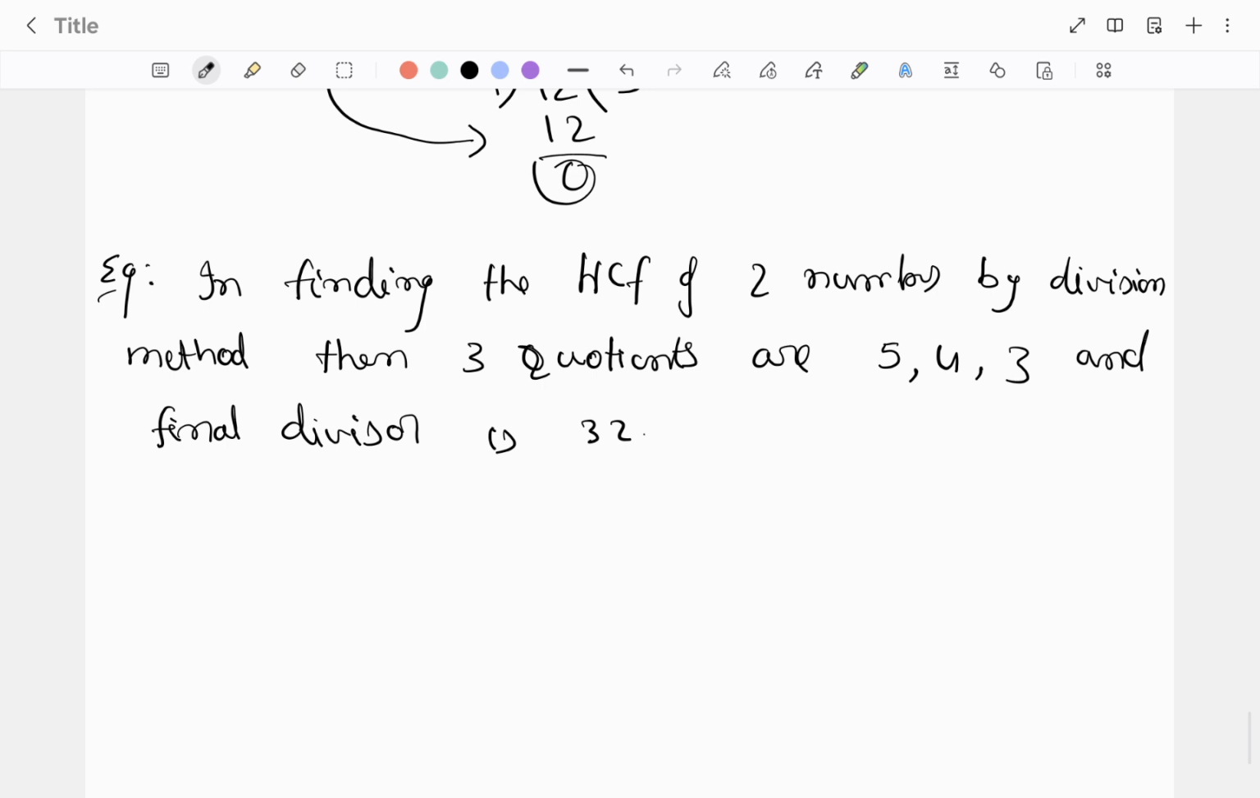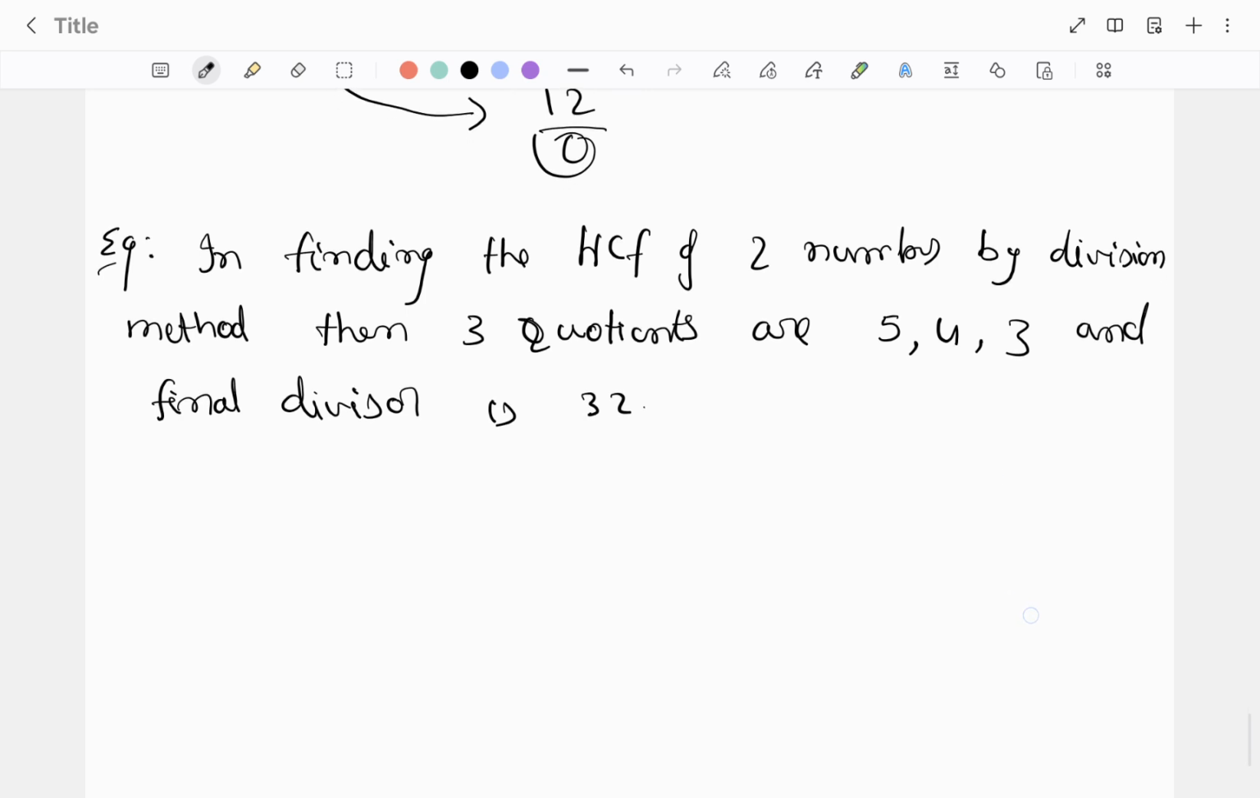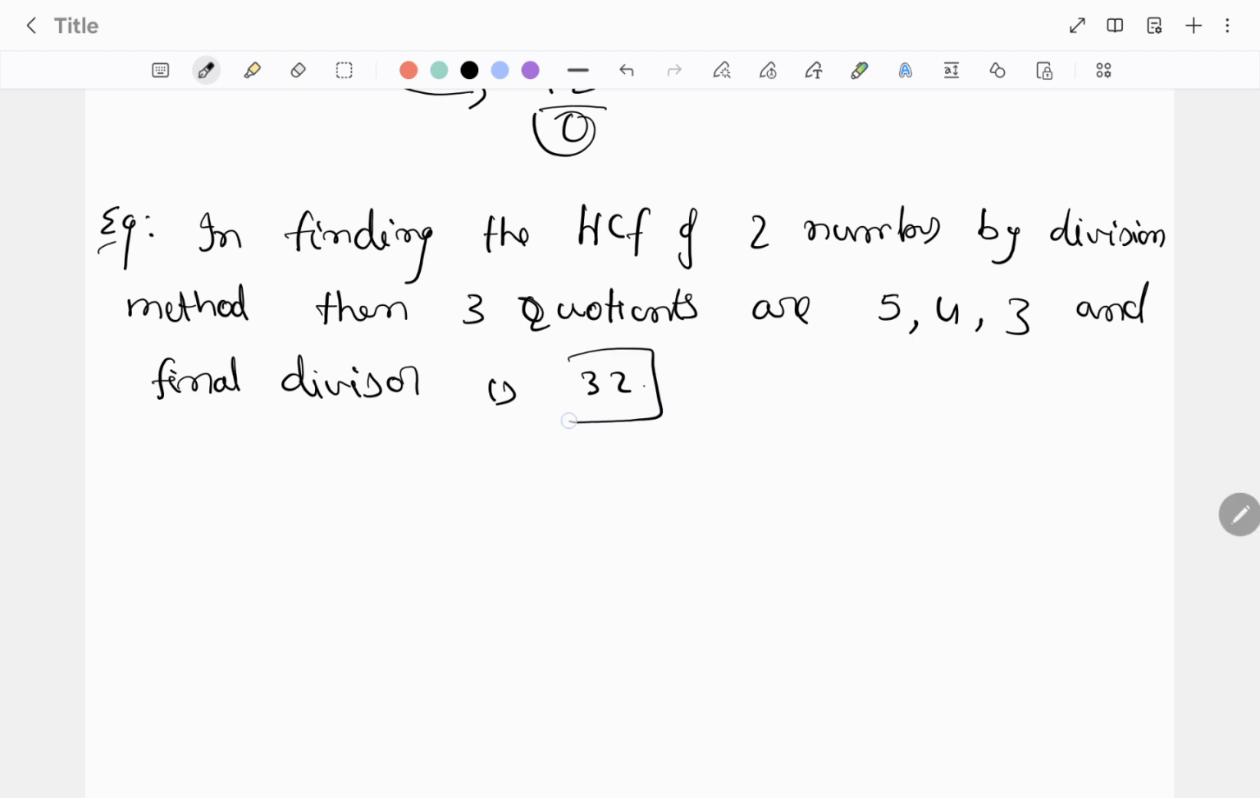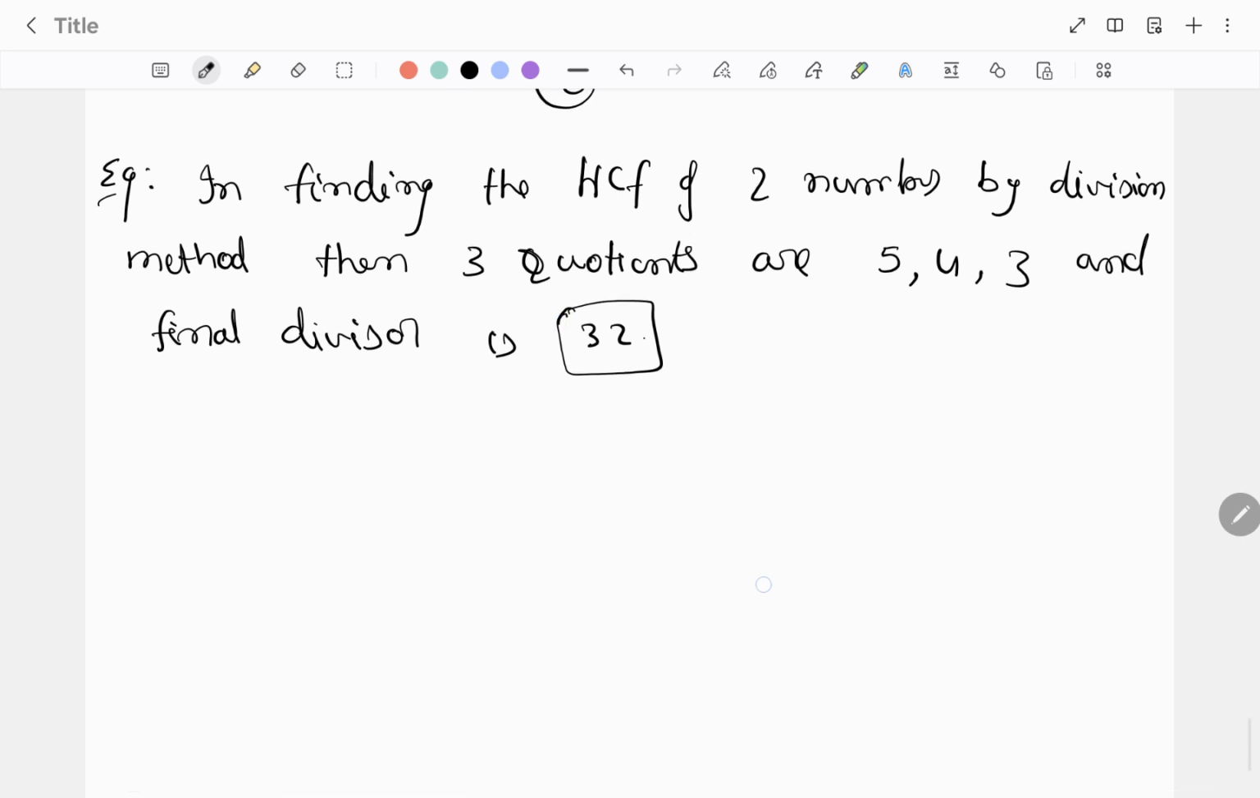Now the next question is, in finding the HCF of two numbers by division method, the three quotients are 5, 4, 3 and the final divisor is 32. What does it mean that the final divisor is 32? It means that it may be the HCF. The final divisor is 32 means the remainder will be 0. In the previous question, 12 and 16, recall that 12 ones are 12, remainder 4. Now the remainder 4 becomes the divisor and the previous divisor becomes the dividend. So 4 threes are 12 and the remainder is 0. So if 0 is the remainder, 4 becomes the